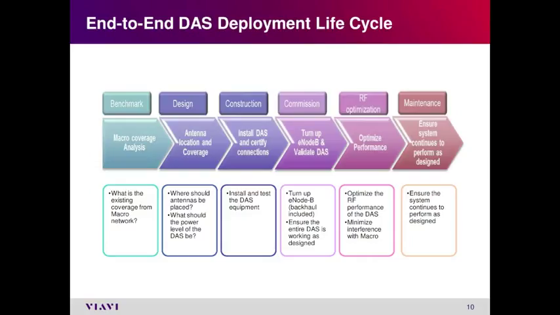Then the optimization phase, where you want to validate that what you have done is truly offering the RF service that you wanted in the beginning. So you have to make sure your interference from the macro is minimal. You have to make sure you are meeting the link budget requirements that you originally put in there. You are getting the right throughput that you designed the network for. And then eventually it goes into the maintenance phase, where you have to continuously check the quality of your end